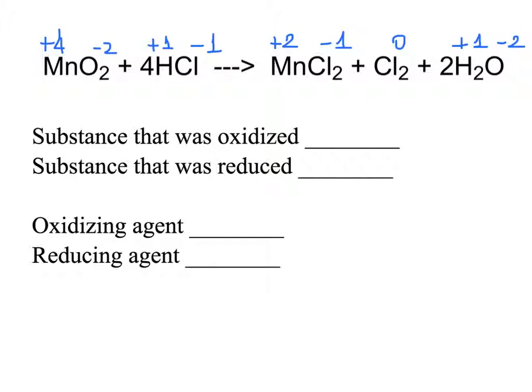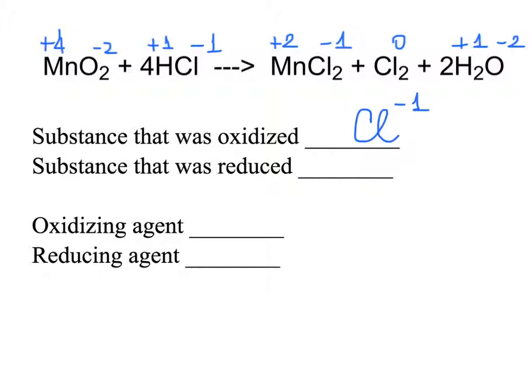So what was the substance that was oxidized? We are looking for substance whose oxidation number went up as it was losing electrons, and that would be chloride ions. They have oxidation number -1, and then we see it being 0, so the oxidation number went up. So our substance that was oxidized,